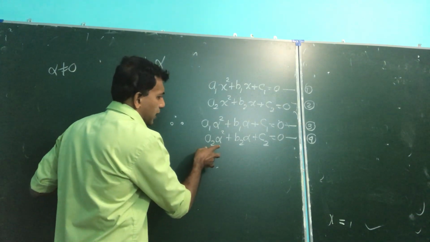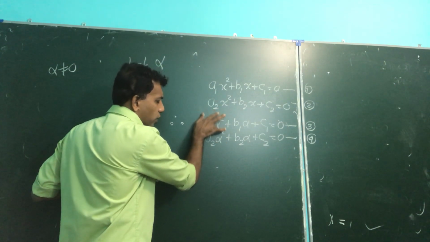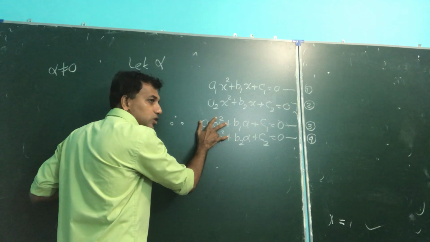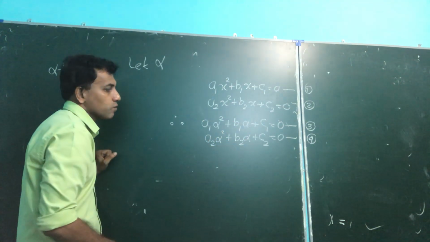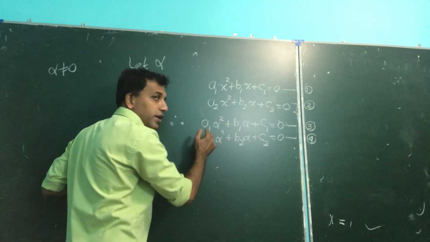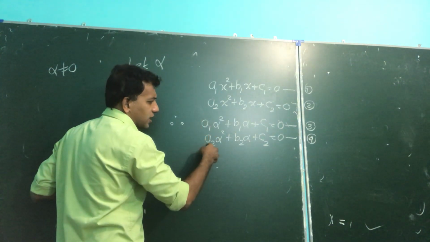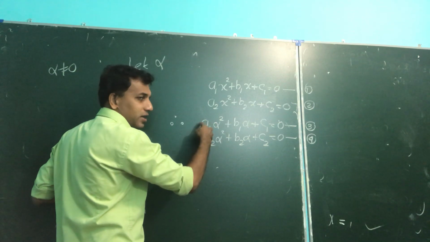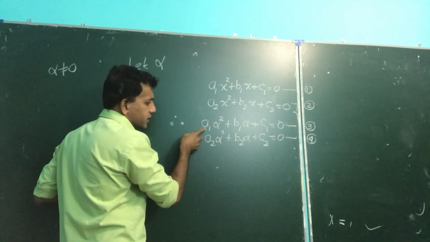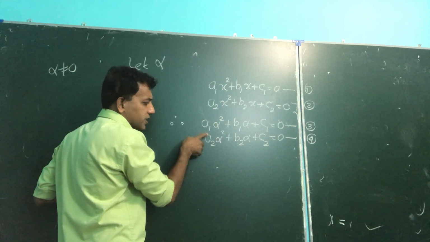So see, simple. Can I remove the alpha square first? If I remove the alpha square, you can find alpha. If you remove alpha, you can find alpha square. First I remove the alpha square. It's the primary class, O/L mathematics, how these equate the coefficients, right?